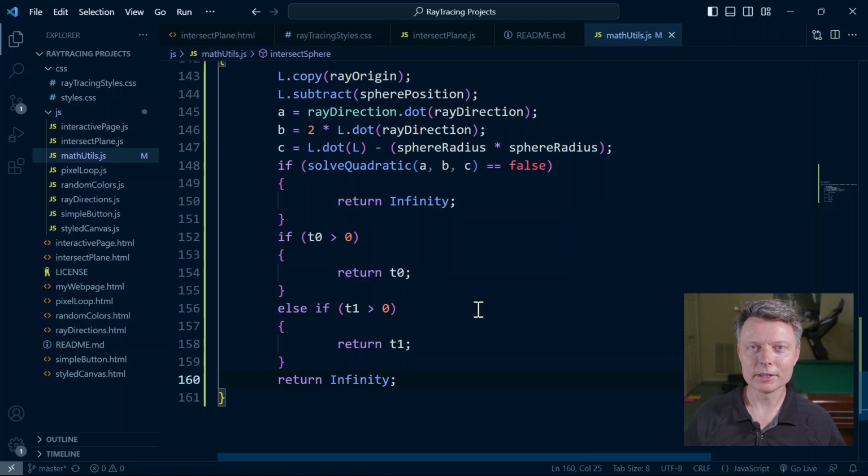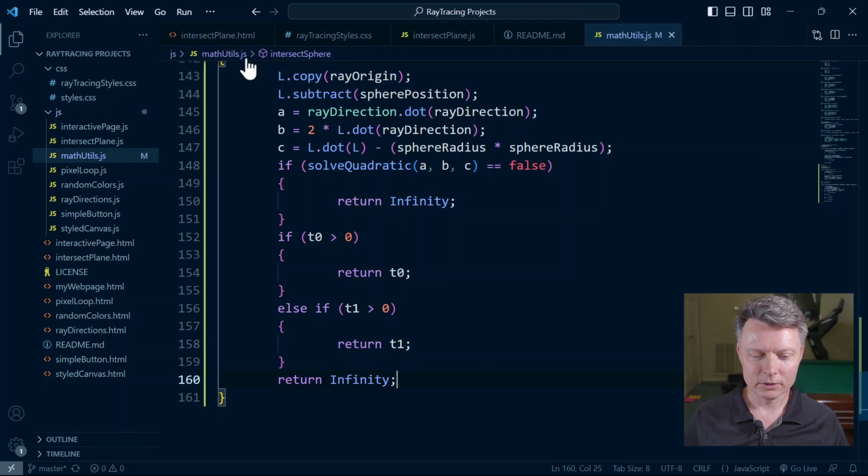So now comes the fun part. Now that we've done all this infrastructure, we can have fun by adding a sphere to our scene. So we can define a sphere with a radius and a position in the world and see if this function truly works and render a sphere in the scene with our ground plane and our gradient sky. All right, so what do you say we make a new demo that shows off our new ability to intersect rays with a sphere? So go into